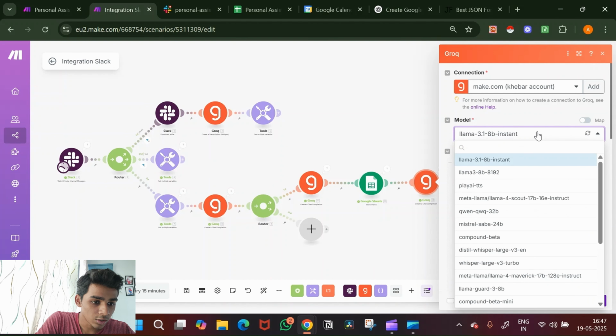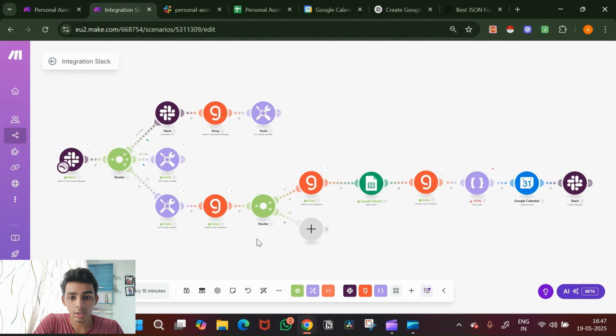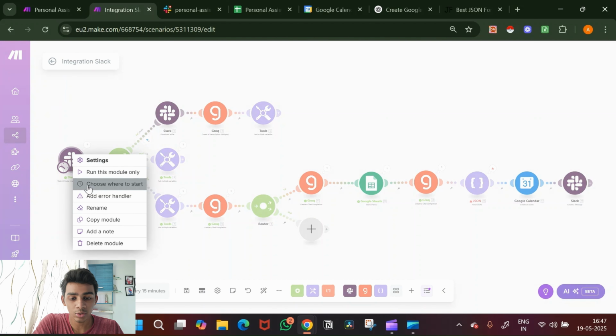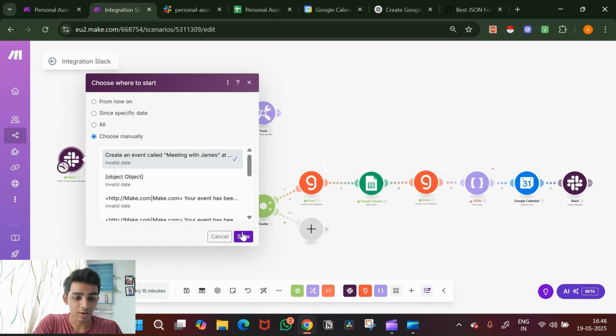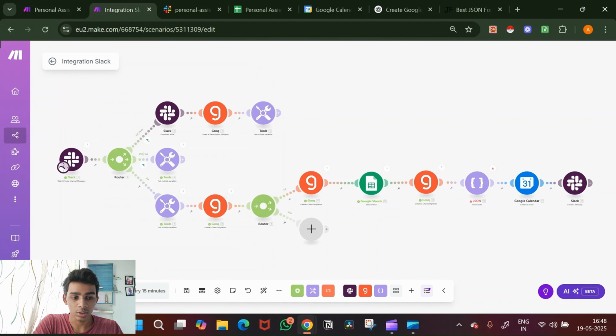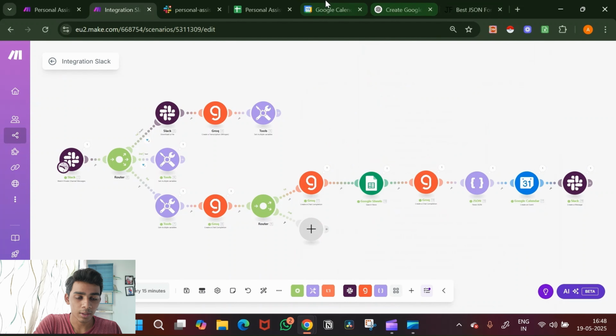You know what? Let me just change the model and see. Sometimes some models are just so dumb. No matter how many times you tell it a thing to do, they're just gonna repeat the same mistake again and again. Just like most of the time, I use instant. It's fine, but I don't know what's up with it now. It's giving me so many errors. My ops just keep on going. Okay, now see, it created my event